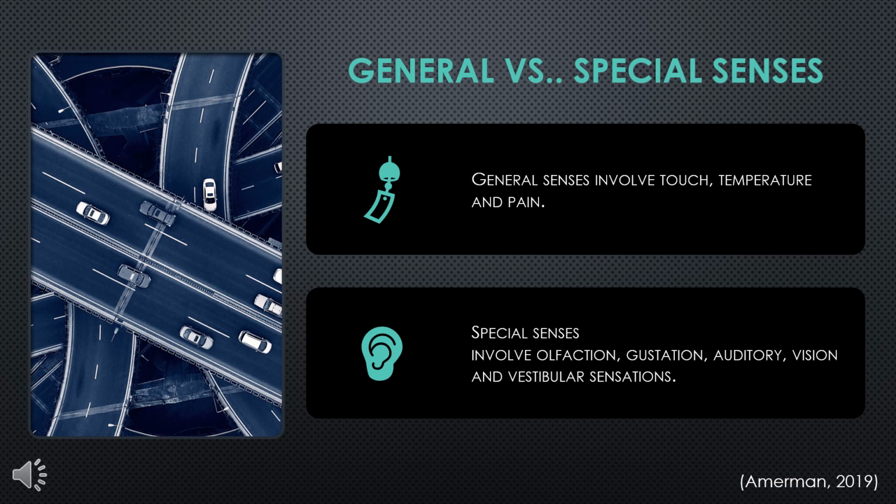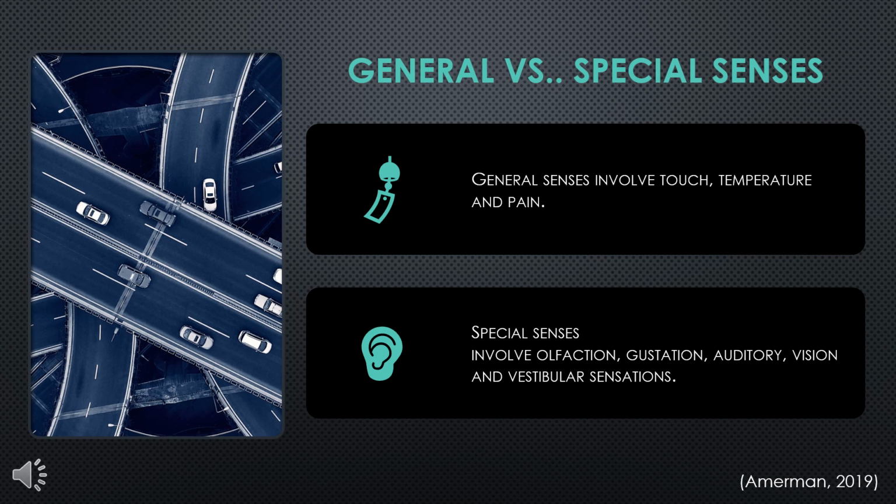If we are driving a car or riding a bike and approaching a four-way stop intersection with several cars in other lanes and poor visibility due to fog, how do we know when it is safe to continue driving through the intersection? While neurons of the general senses detect touch, temperature, and pain, the special senses detect stimuli such as